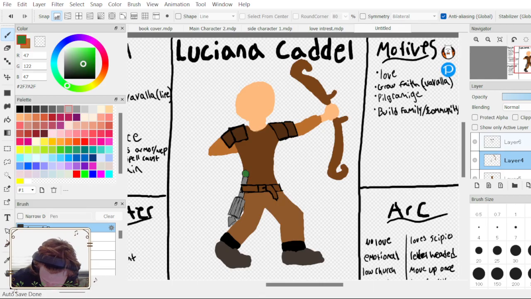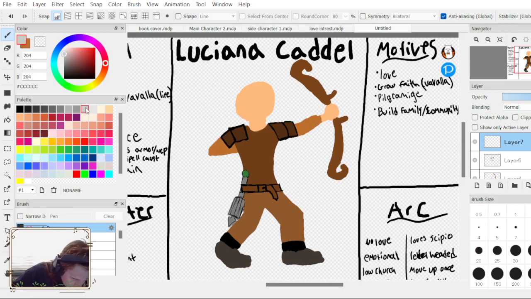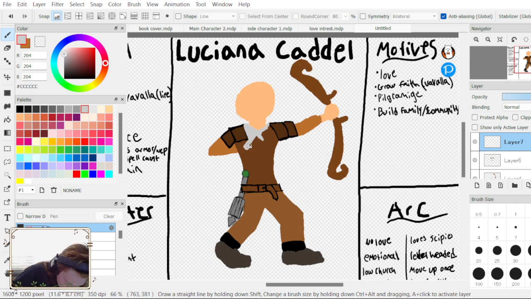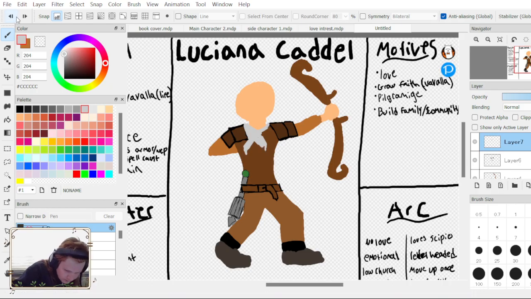Alright, what layer do I want that on? Let's just make a new layer. There's no reason not to. Is there a... guess we just do the base with this. I don't like it. I don't like how I did it there, I should say.